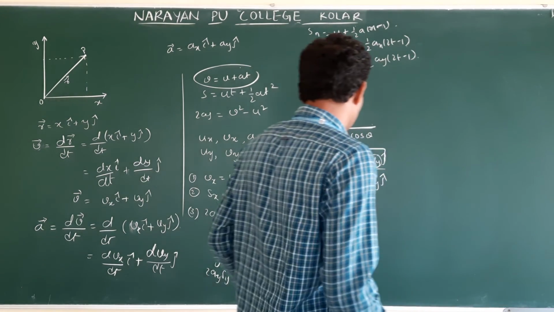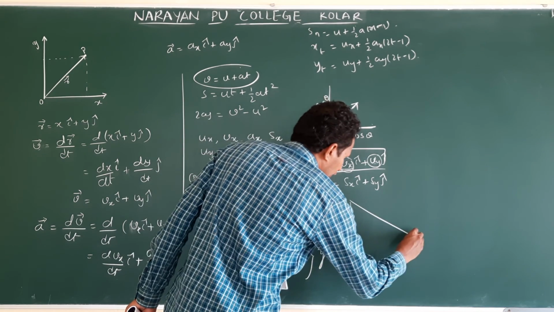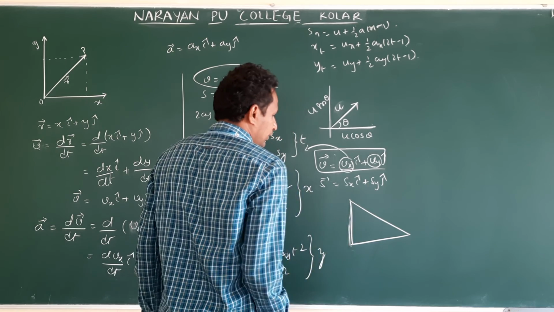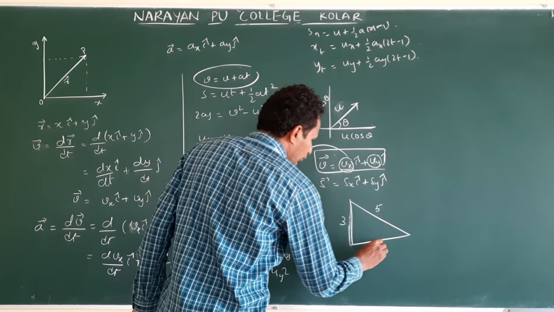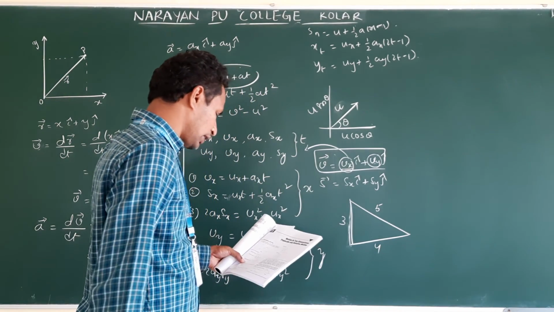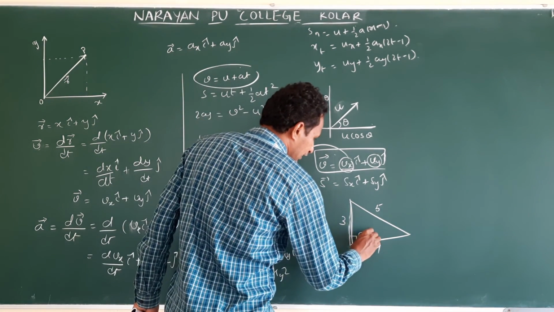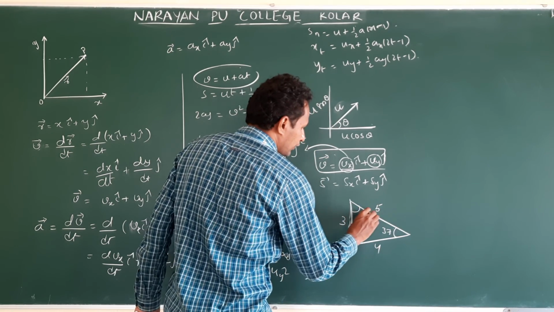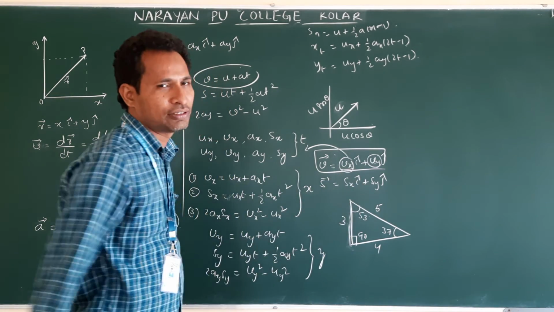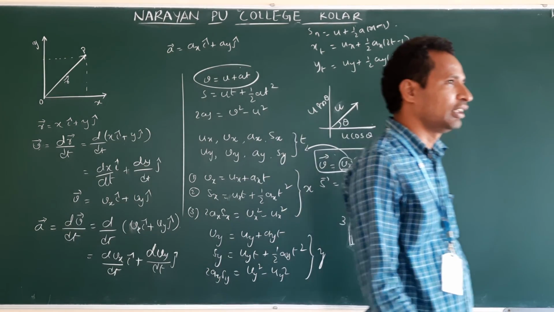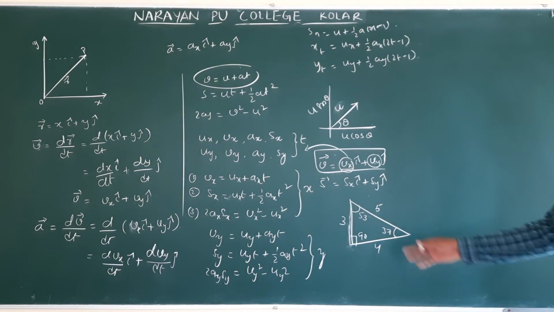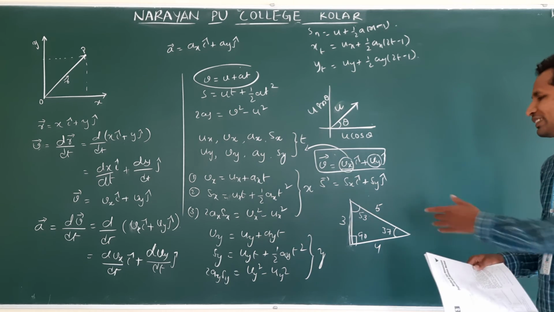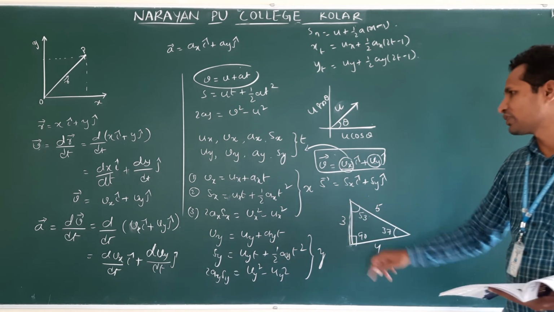37, very simple. Take the right angle triangle. This side is 5, this is 4, and this is 3. Here it is 90 degrees. They split into this being 37 and the remaining being 53. Once we know this, whatever the value, if you know this triangle, we can find the values: cos 37, sin 37, or sin 53, cos 53. Clear? Remember this triangle. Probably you will see this in mathematics, but till then, you just remember this.